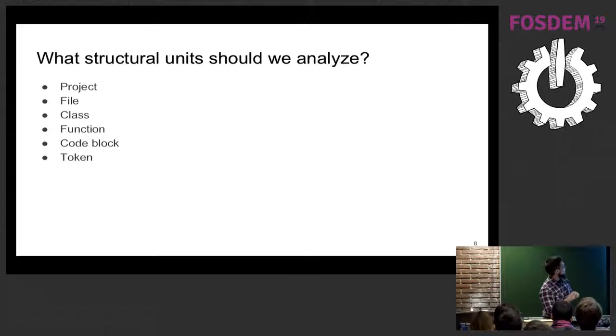Next, at what level should we look at the code? Well, obviously, looking at operators, single operators, or lines of code doesn't make any sense because they don't capture structures complex enough to form an anomaly. Functions seem like a good choice because they're large enough to have some code that can form an anomaly, but